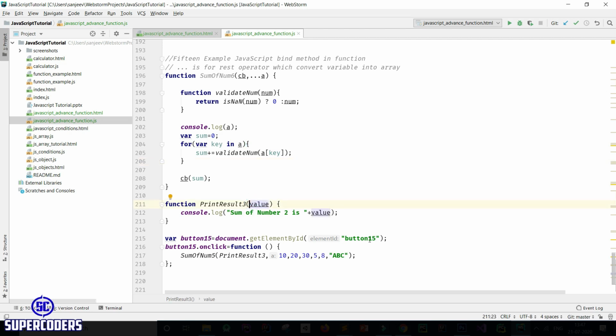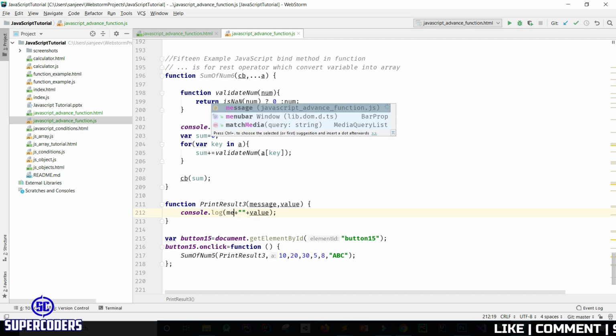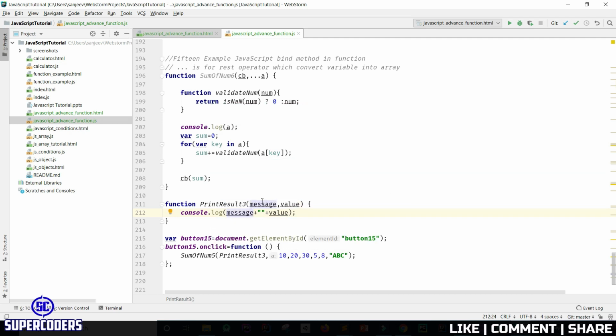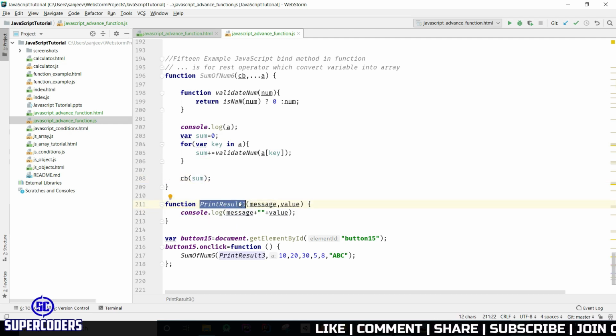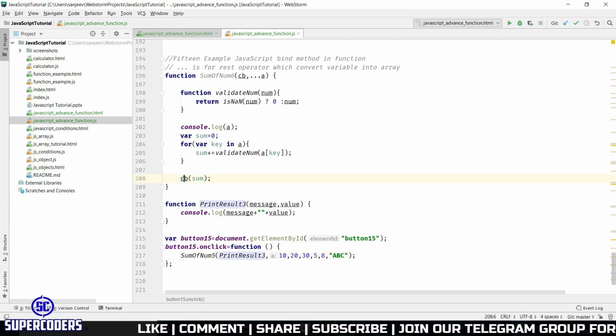Here I am adding an extra value, which is message, and change this to message. Now here you can see I am passing one value. So how can you pass the message to print result 3? This is an example of using the bind function. Here you need to assign a value in print result 3 before calling. You can see my function is calling here.